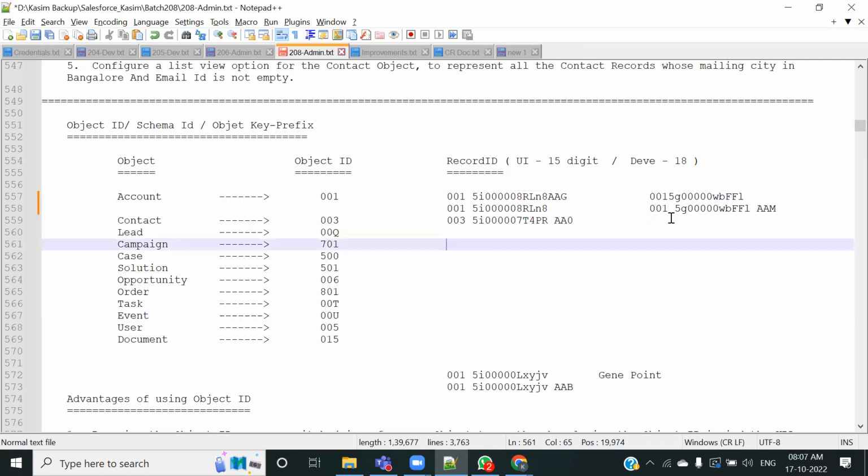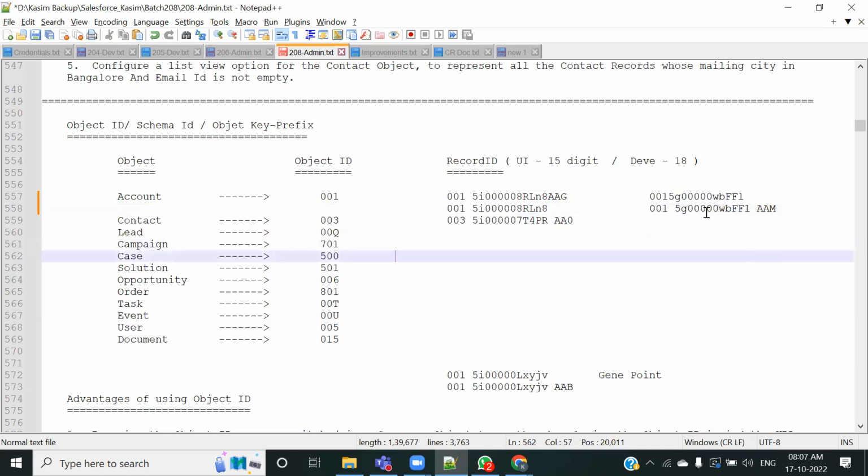तो क्या होता है कि whenever we look inside a record, we always know that first 3 digits represent the object ID. So what we should know is कि ये जो particular record है, this belongs to, this is 001 है, so it's an account record. 003 है, it's a contact record. 00Q it's a lead record. 500 है case record. Solution है 501, solution record. तो ये ना अपनी अंडरस्टैंडिंग को बढ़ाता है,